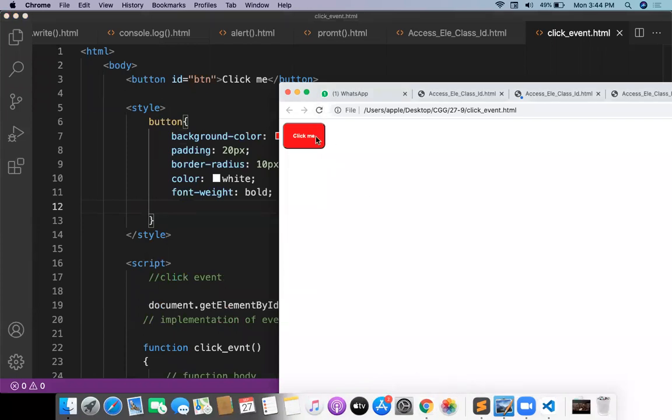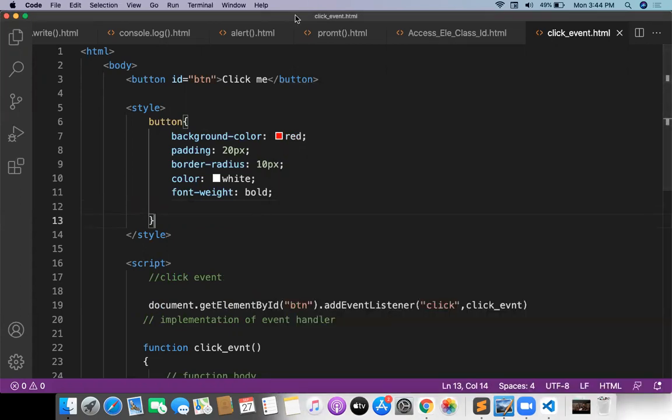Let me click on the button. When I click on the button, I got a button click event. So what happened? When I clicked on button, what is happening? Button click. Everybody got to understand how button click is working now? Please tell me. This is important. If you understand the first event, all events are the same. I will tell you all events one by one.